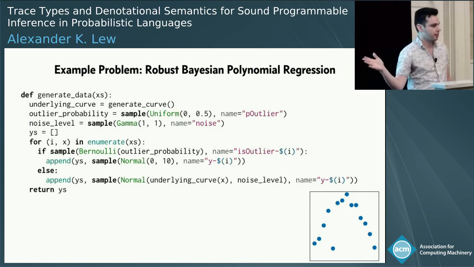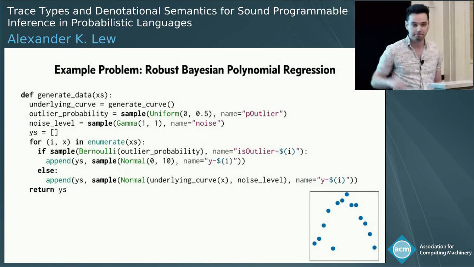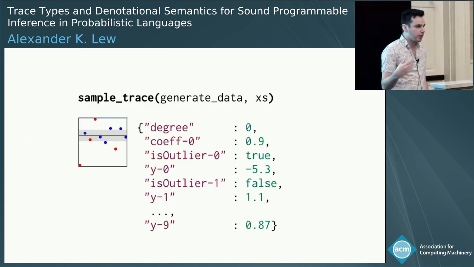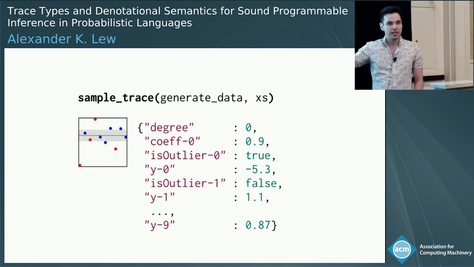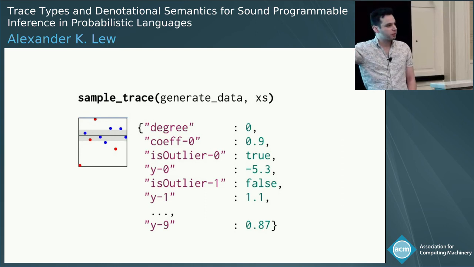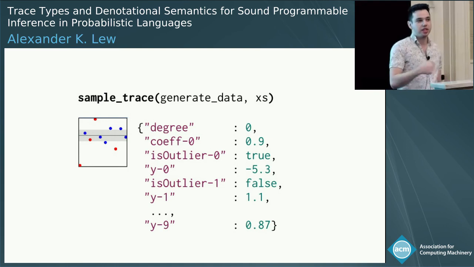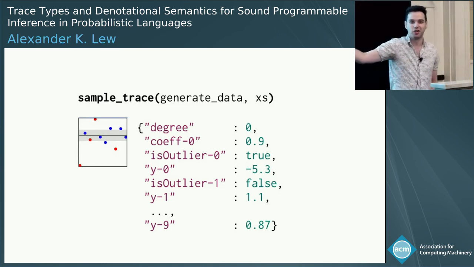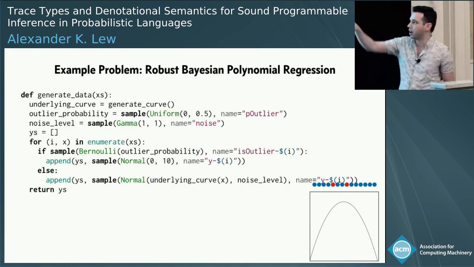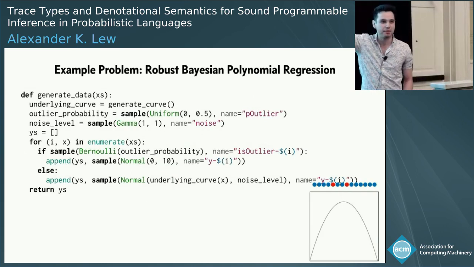We've modeled the process by which a data set could have come to be. Okay? And every time we run this program, we get out a trace, which is a dictionary mapping the names of random variables to the values they took on in that execution. Right? So we don't actually just think of it as a distribution over data sets. We think of it as a distribution over explanations of data sets, right? Over all of these latent variables. And the names here are coming from, I didn't point this out, but every sample statement that we make in this language, we're giving it a name. Right?